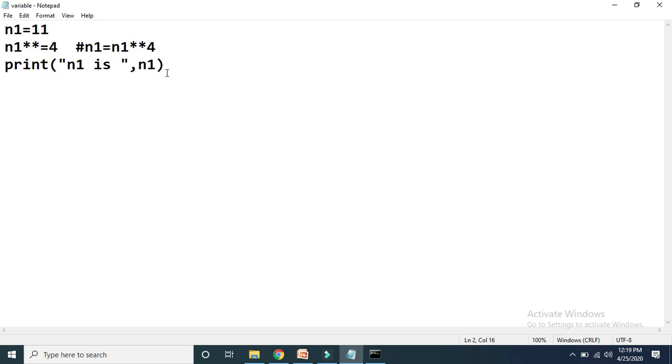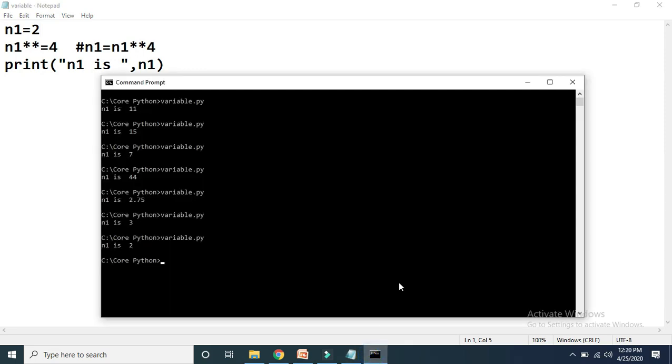In this case, the first operand will be the base and the second operand will be the power. Let us assign a small value. After execution of this line, n1 is 2 raised to 4, and that result will get stored in n1. So n1 must get 16 after execution of this line. See here, we have got n1 as 16.